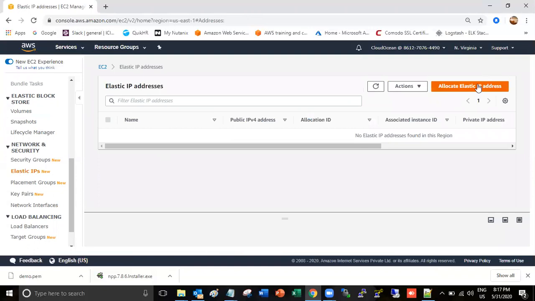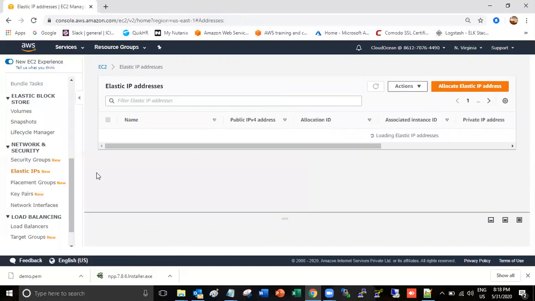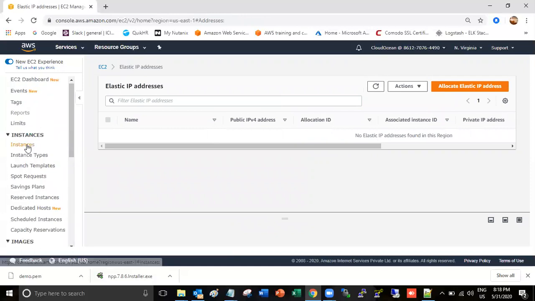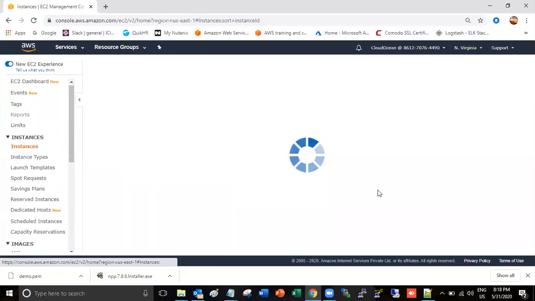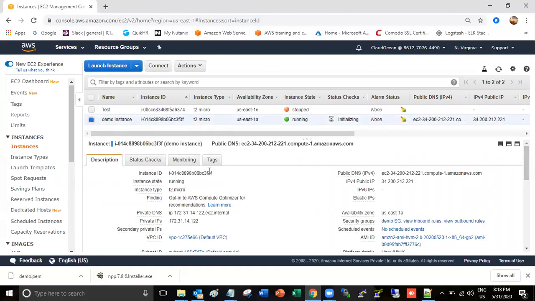Here you click allocate new IP address, then click allocate, and you will get a static IP, that is an elastic IP. After that you have to associate that IP with this instance. That IP will not change even if you reboot your instance, but this public IP will change if you stop this instance. Otherwise, if you restart this instance, this IP will also change. This is the temporary IP.